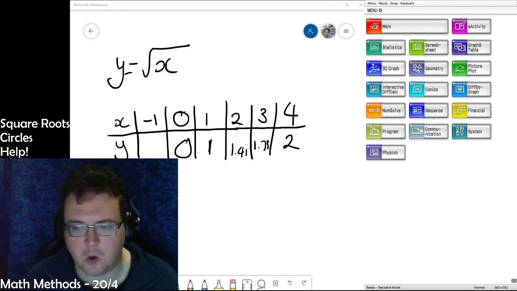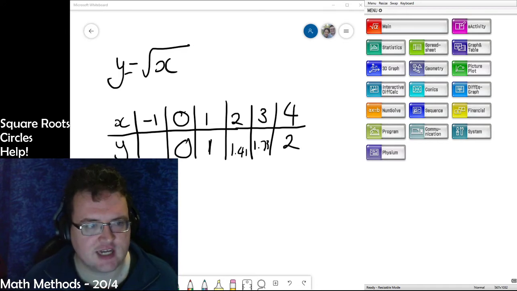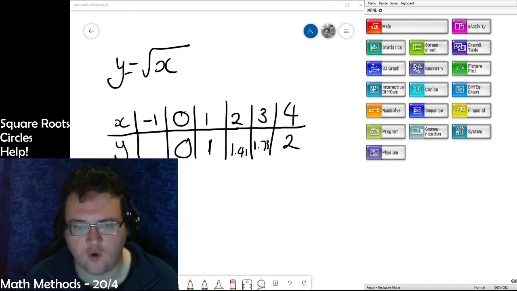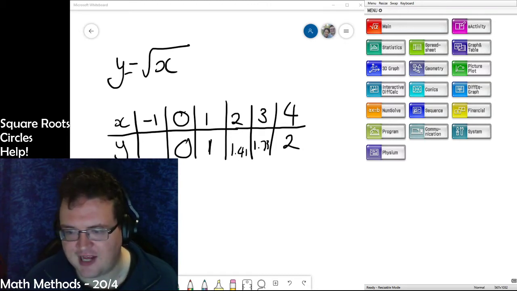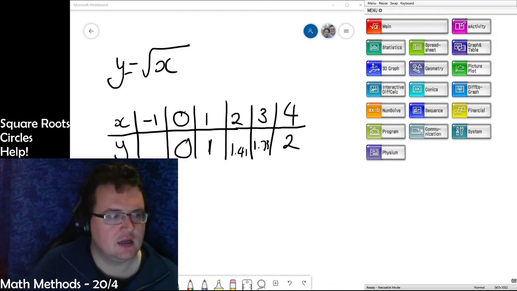We are looking at square root graphs today. As you can see here, I've created a table of values for y equals the square root of x. Square root of 0 is 0, 1, 2, 3, 4. However, what I've got there is also the square root, I've got x equals minus 1. Does the graph of y equals square root of x exist